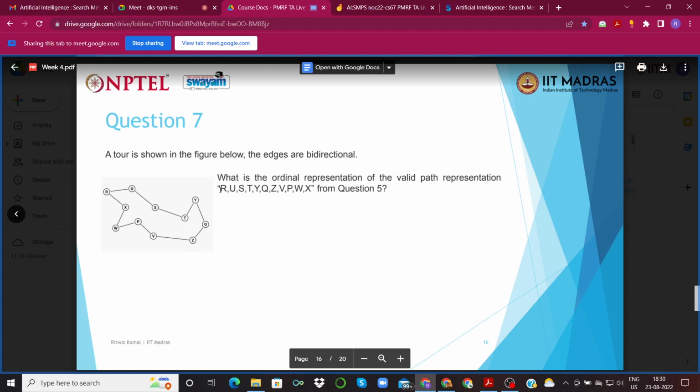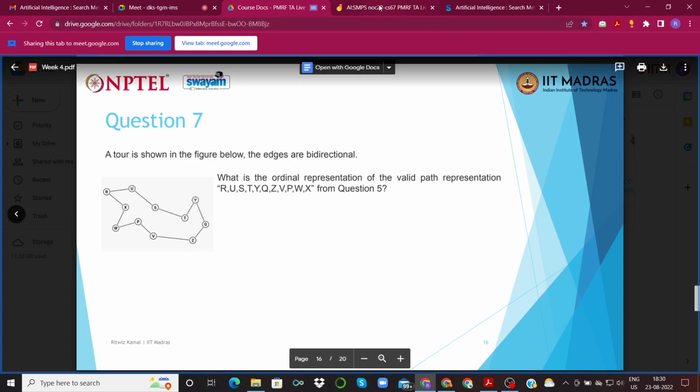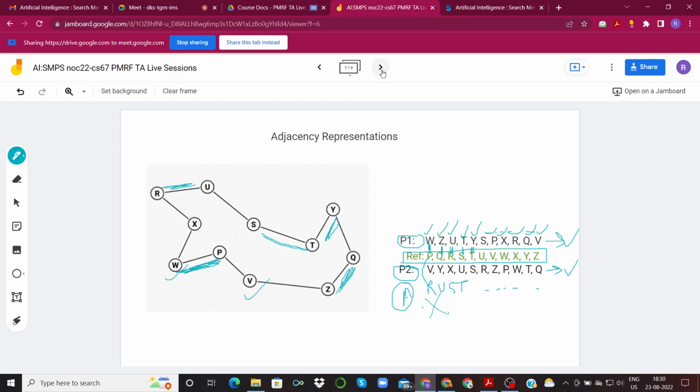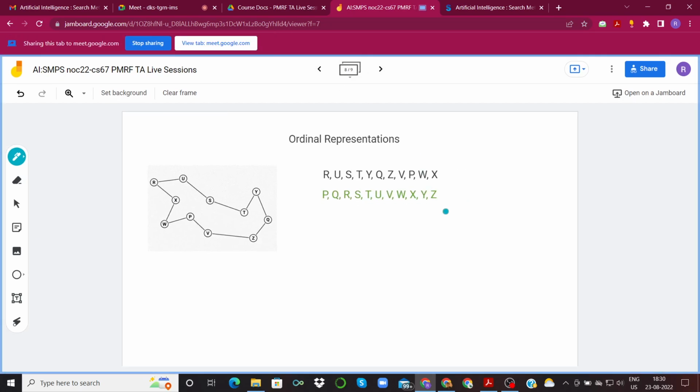See, this one, R, U, S, T, Y, Q, Z, V, P, W, X, was one of the valid path representations we saw in the fifth question. So what would be the corresponding ordinal representation? Do you remember what the ordinal representation is? Yes, a numerical index you have to assign.